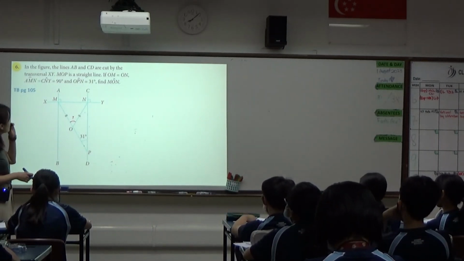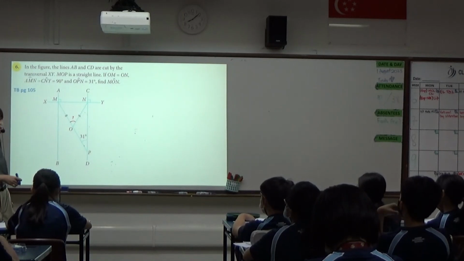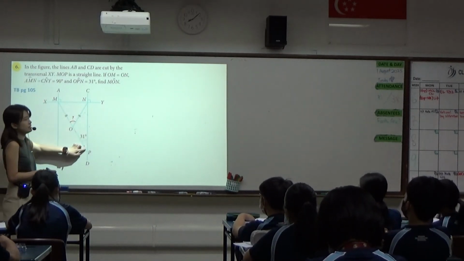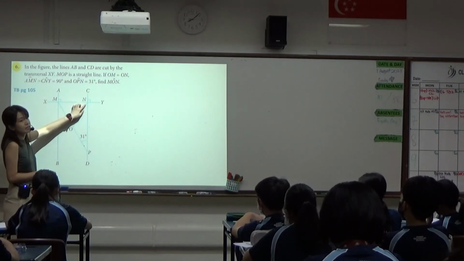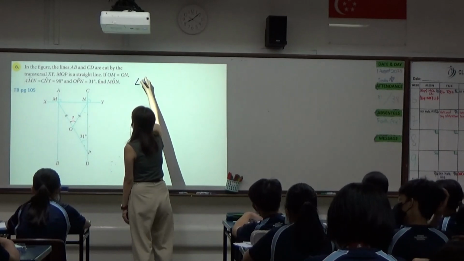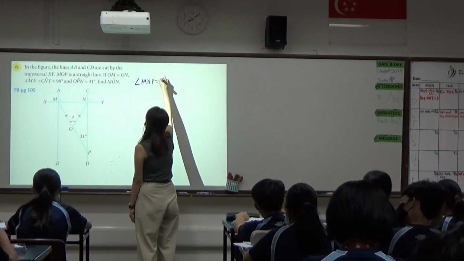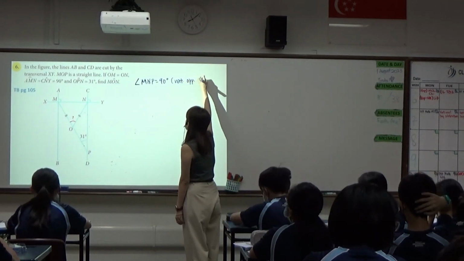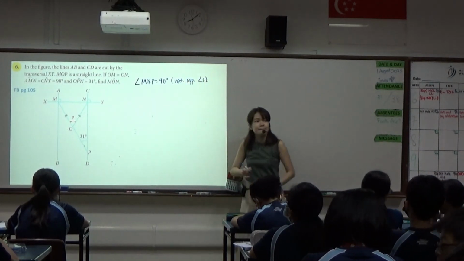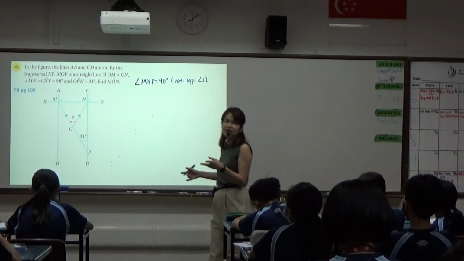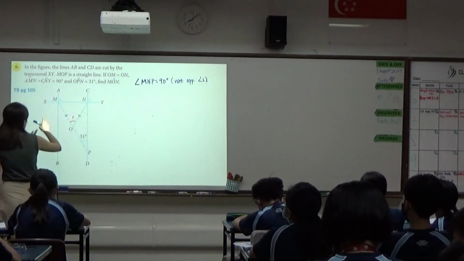Wait, which angle is vertically opposite angle? MNP. So this is 90 degrees. Okay, so it says the angle MNP equals 90 degrees due to vertically opposite angles. Right? Then over there, sorry, your hand is not a laser pointer. So can you tell me which